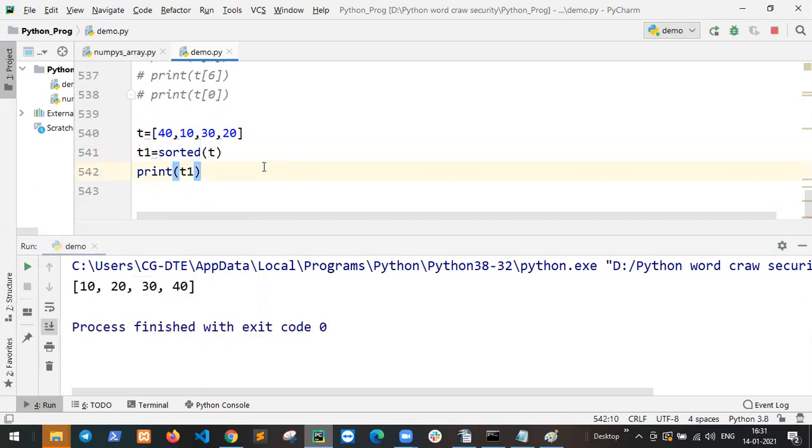If you define a tuple and want to sort it using sorted, it converts to a list type, not a tuple. Understand? But both are the same, right? Got it? Same? Yeah.